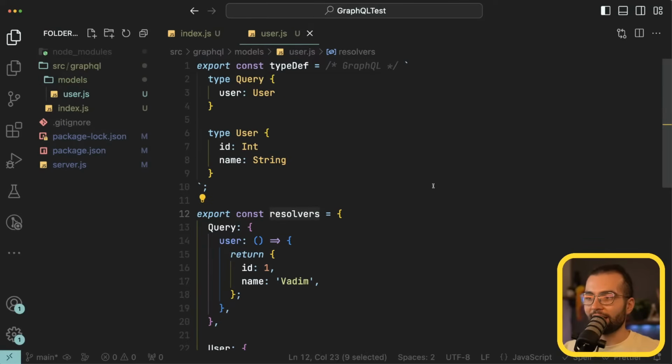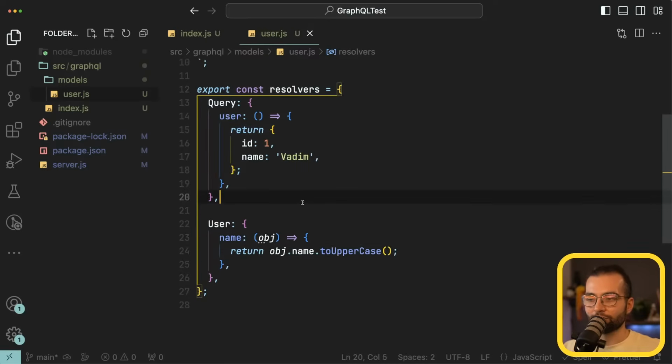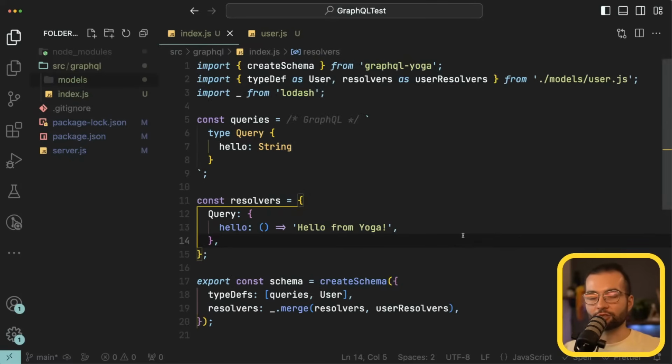go here and at the top, we have a type definition. We know that a user has ID and name, and we can query a user, and we see the resolvers, how we can do that. So just like that, it's going to be much cleaner and easier to scale it as we will add different